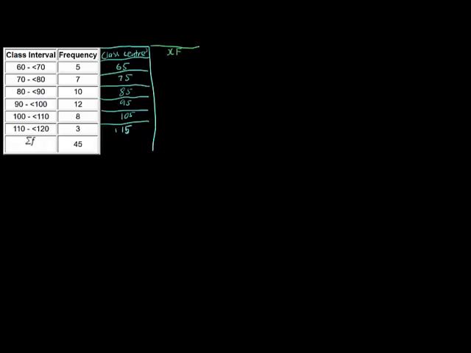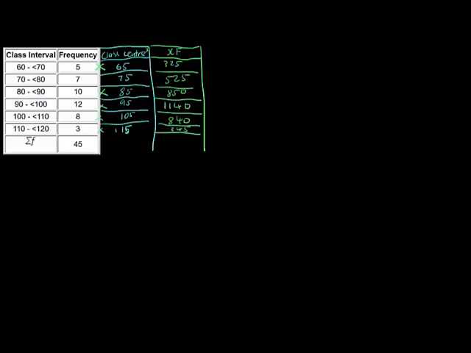So effectively this is X. Okay, so we're wanting to do 5 times 65, and that is going to be 325. 7 times 75, which is 525. 10 times 85, which is 850. 12 times 95, which is 1140. 8 times 105, which is 840. And then 3 times 115 gives us